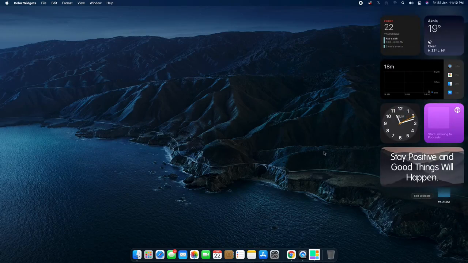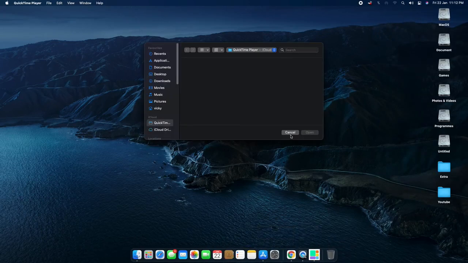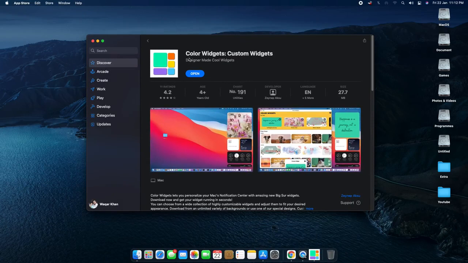So this is a very nice application that you can find on the App Store, called color widget